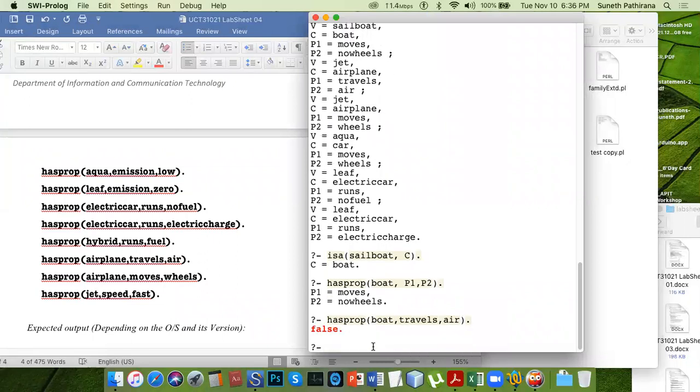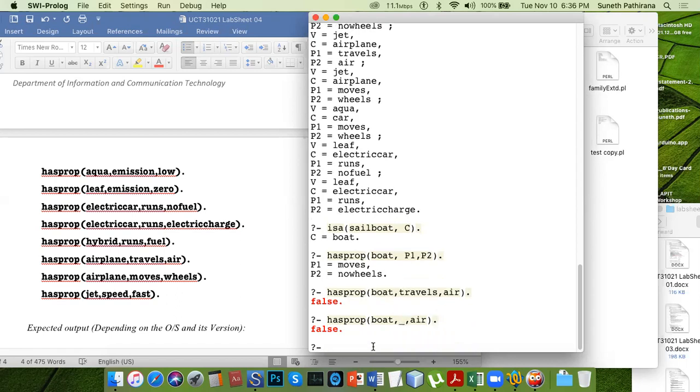False. That means the boat cannot fly. Cannot fly. If you don't mind this one, you can keep it silent. False. That means you can combine the question.